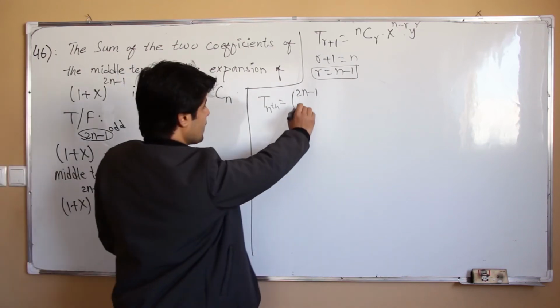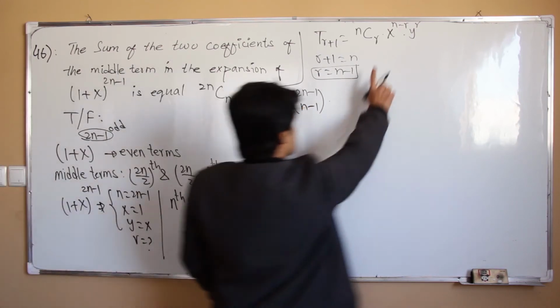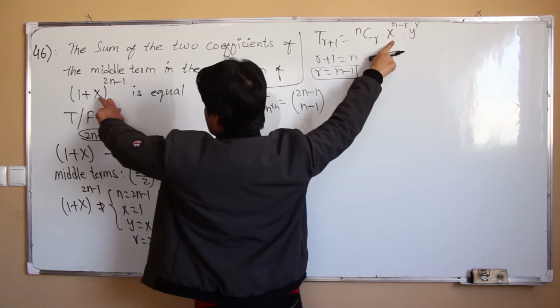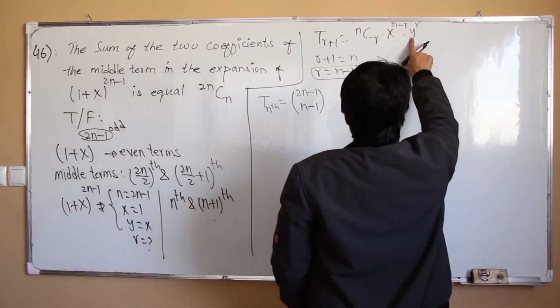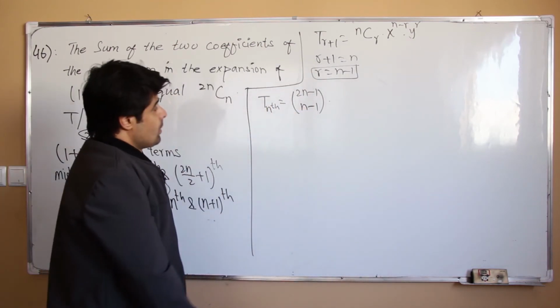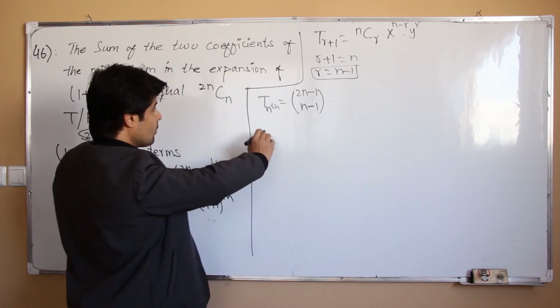R is n minus 1. And instead of x, you have to put what? 1. And instead of y, you have to put x. And these are not the coefficients. So this is our n term. What is our